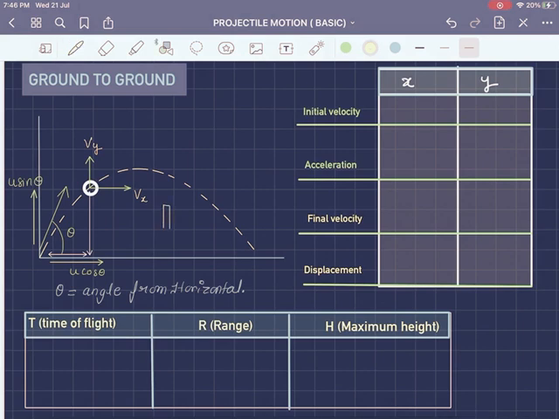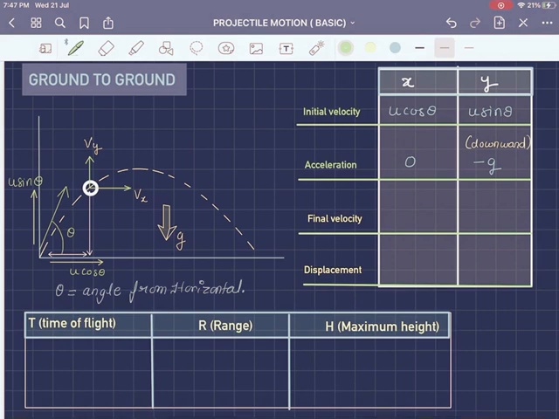Now we're going to talk about the acceleration. There's only one acceleration, which is vertical, that is gravity, downward. Now we are going to fill this in the bracket so that we can solve this quickly. U cos theta, u sin theta in the x direction, y direction, initial velocity, and acceleration is 0 in the x axis, which is important, and minus g downward in the y axis.